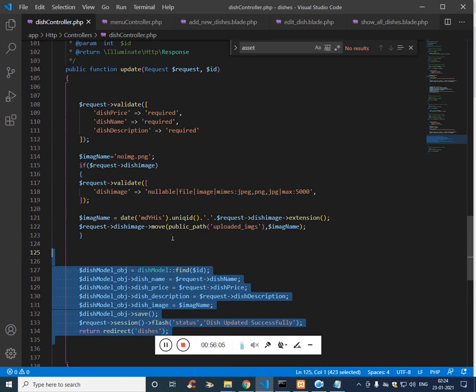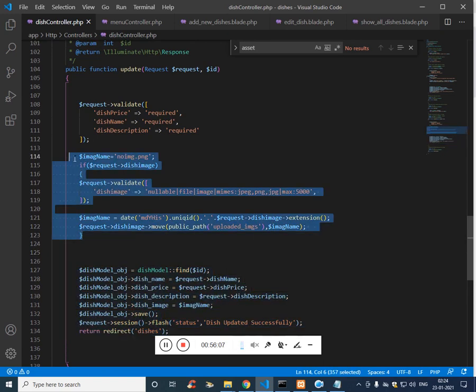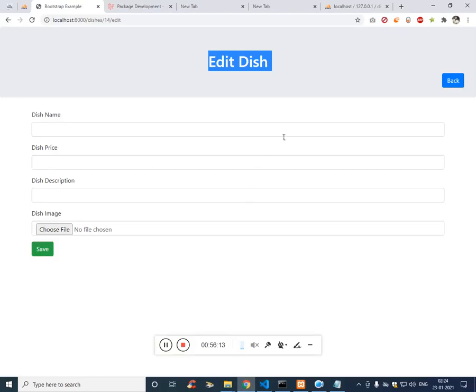Now it's time to work on this one. So you have to understand the logic here. So updation part, we want to update. If we want to update an image, consider again, if we want to update an image, what we need to do, we need to add the new image and delete the old image.